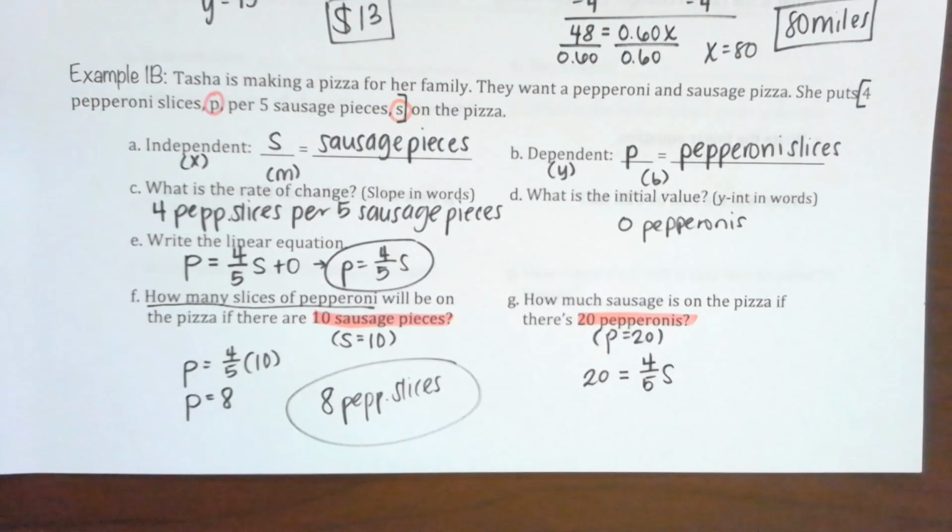So now I need to solve for S. I need to solve for S. So how would I get rid of 4 over 5? In one step. Multiply by